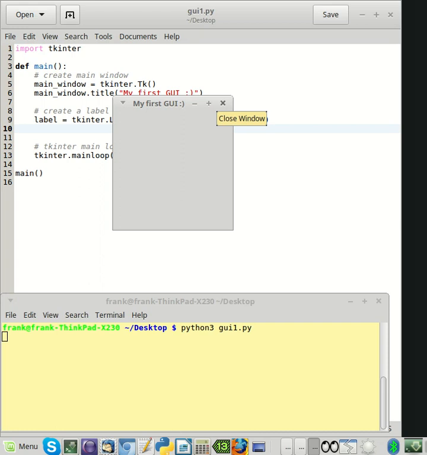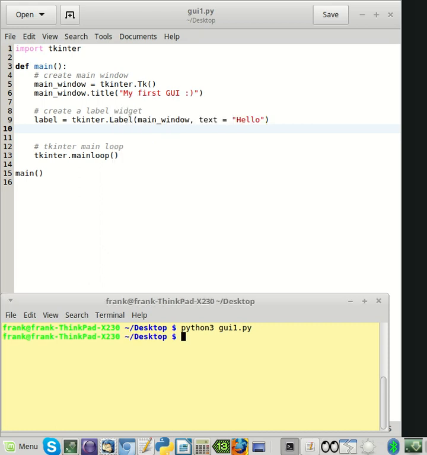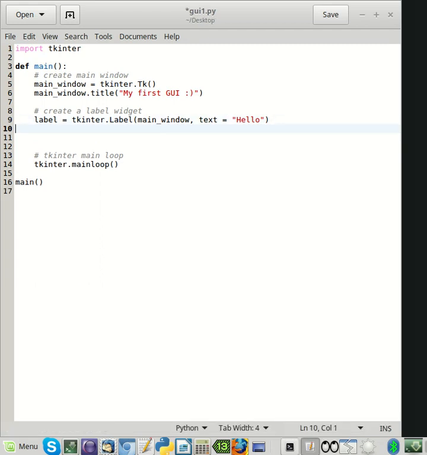You have to place it on the main window. This can be done by pack or by other methods, which I'm going to teach you also. For now, we just say label dot pack,